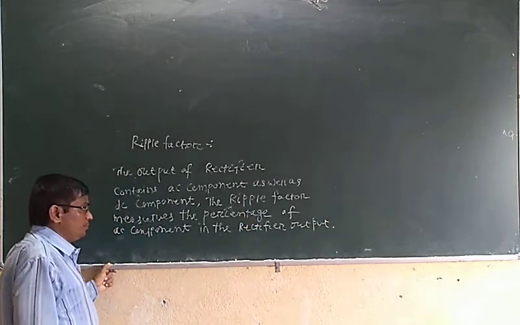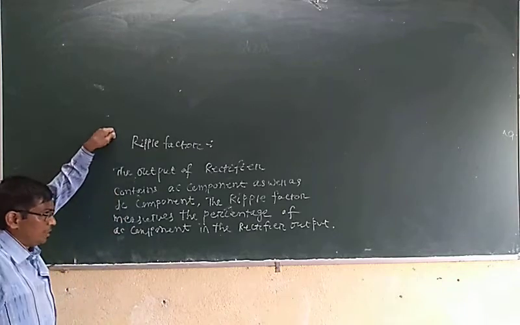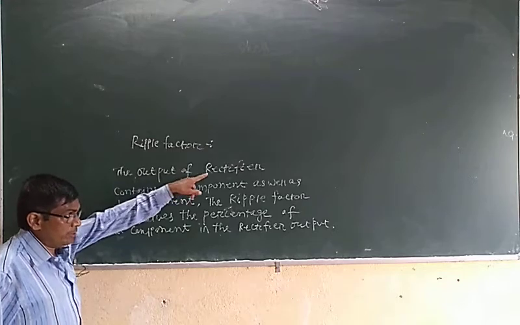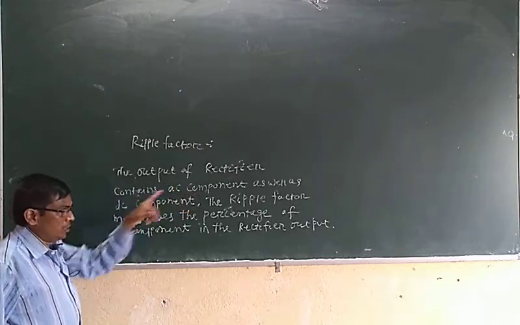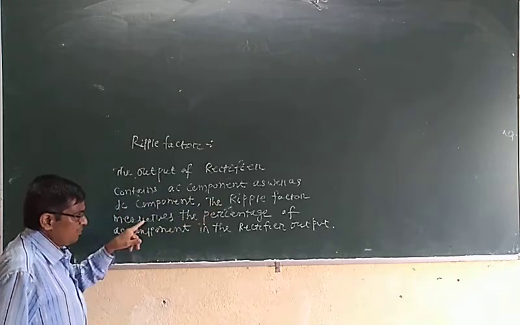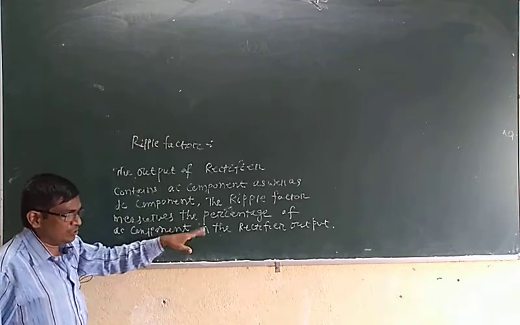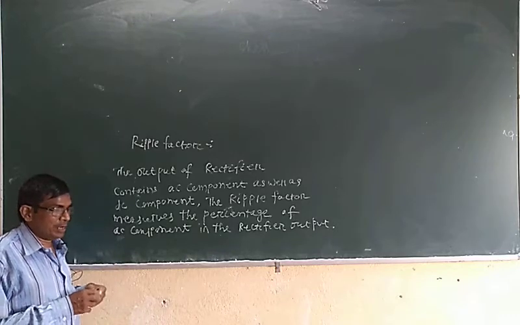So this is the definition of a ripple factor. Ripple factor is nothing but the output of a rectifier containing AC component as well as DC component. The ripple factor measures the percentage of AC components in the rectifier output. That means the rectifier output